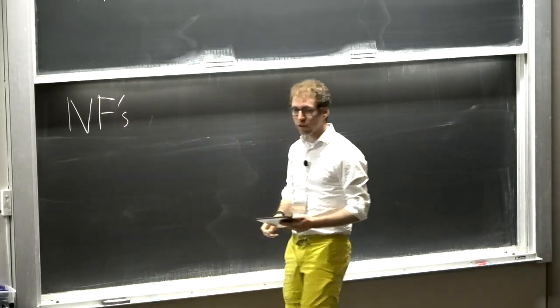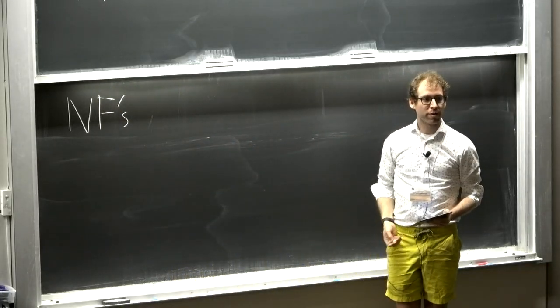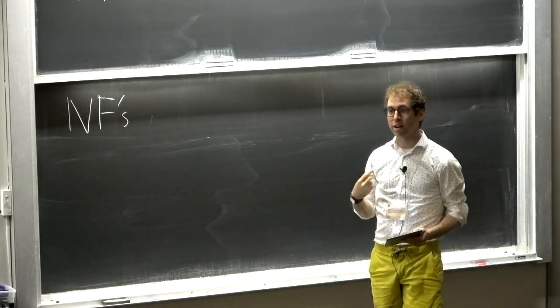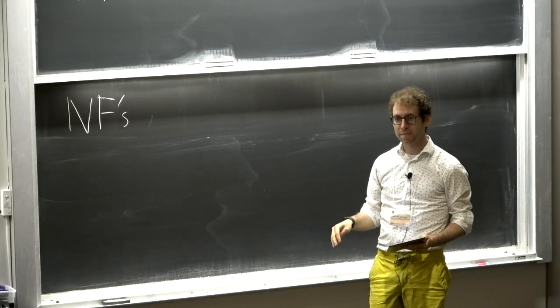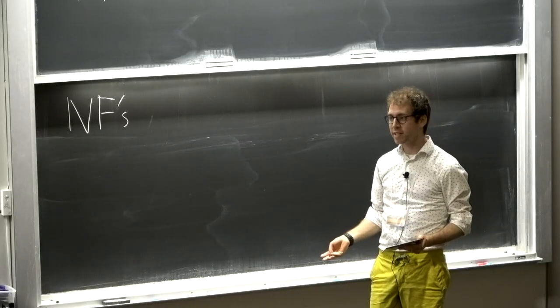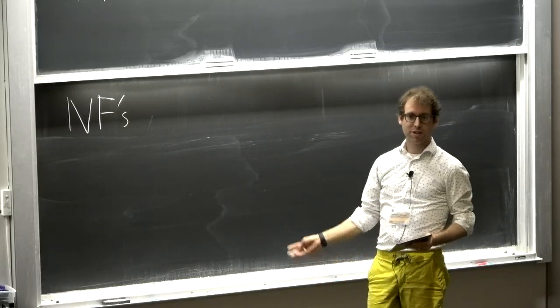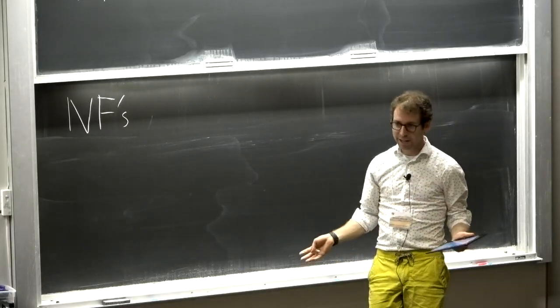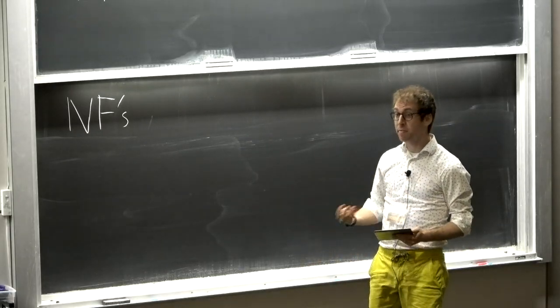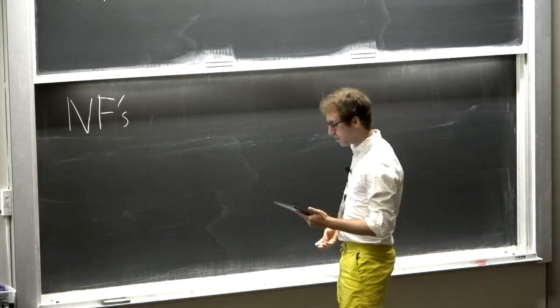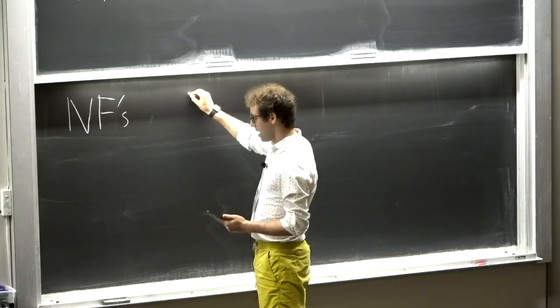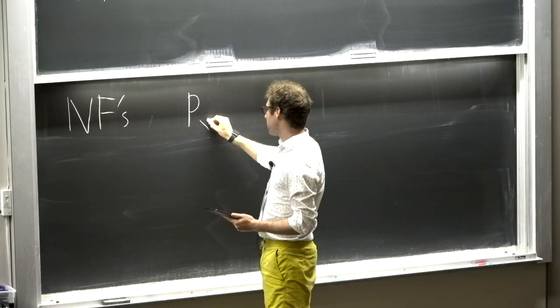OK, so a normalizing flow is a particular neural network architecture that allows us to directly estimate probability densities. And what's special about probability densities is that they integrate to 1. So a generic neural network does not integrate to 1, but a normalizing flow is a type of network that integrates to 1. So that's their magic. And the way they work is based on the change of variables formula.